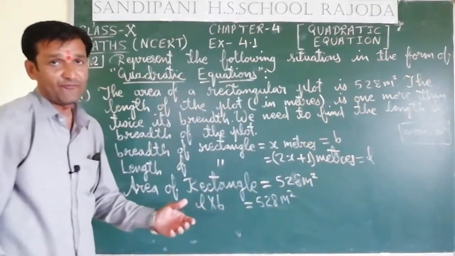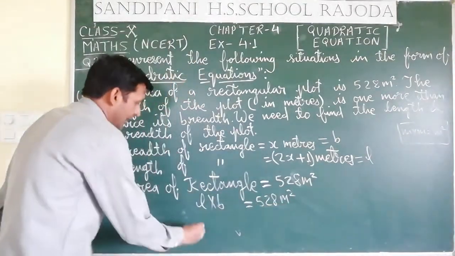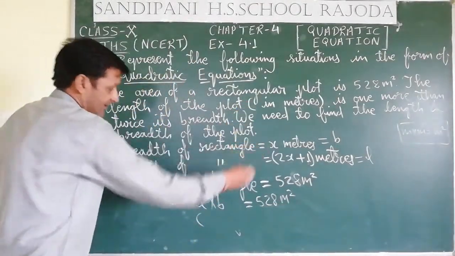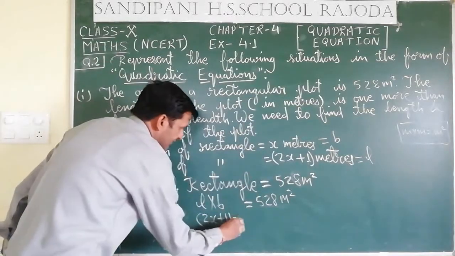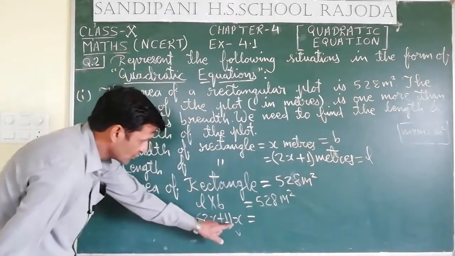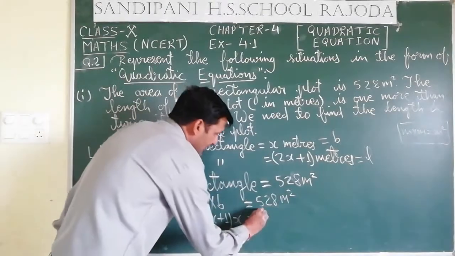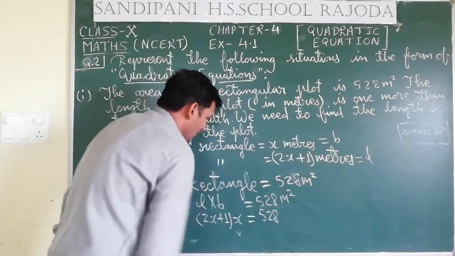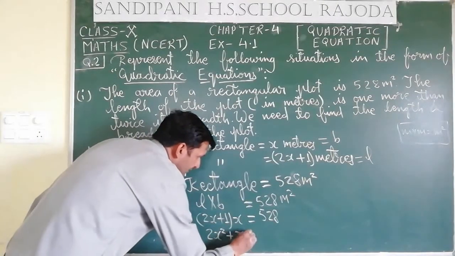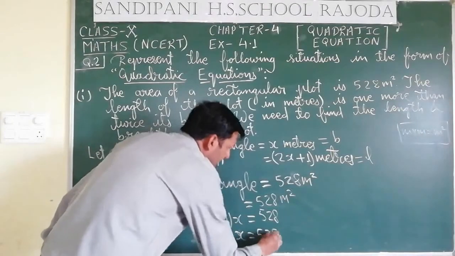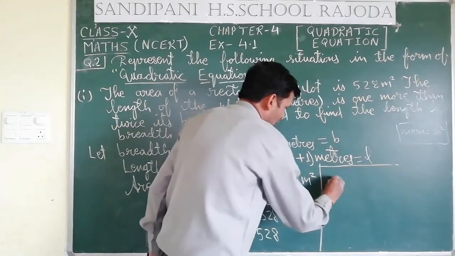Now we have to find the quadratic equation for this. So now no need to write meter square, you write it directly. Length is 2x plus 1 of course, and width is x. They are in into, so if there is no symbol means it is multiplication only, is equal to 528. So it will be 2x square plus x is equal to 528. So it will be 2x square